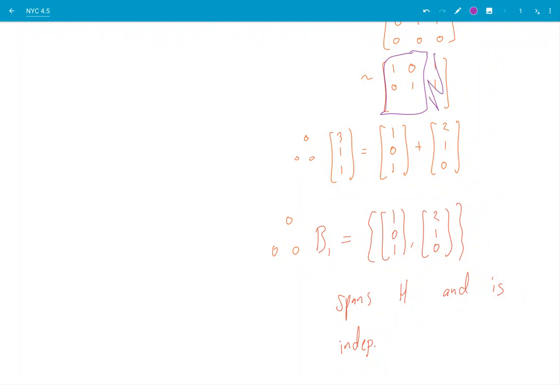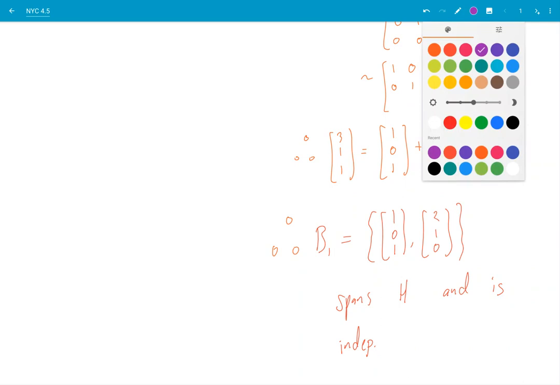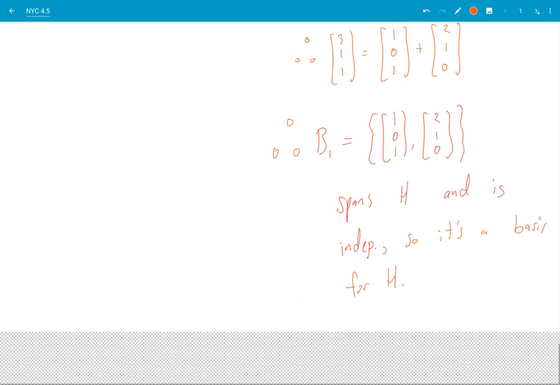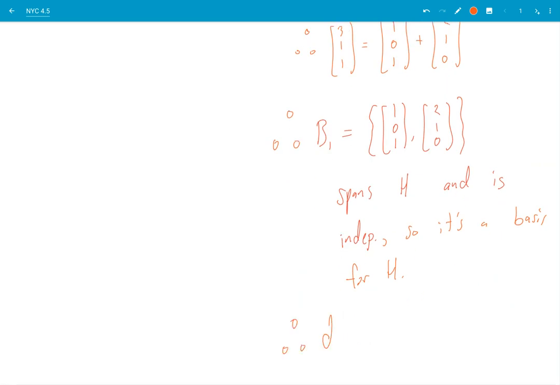If I ignore that, I have a pivot for every column, telling me that these two vectors are independent. So it's a basis for H. Therefore, the dimension of H is